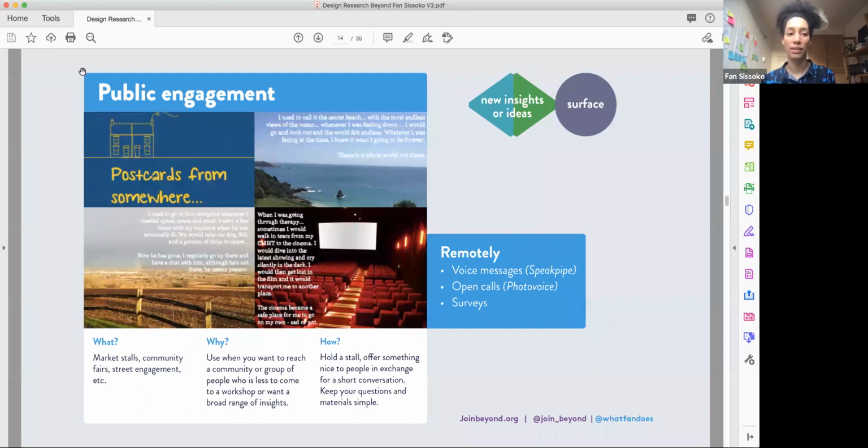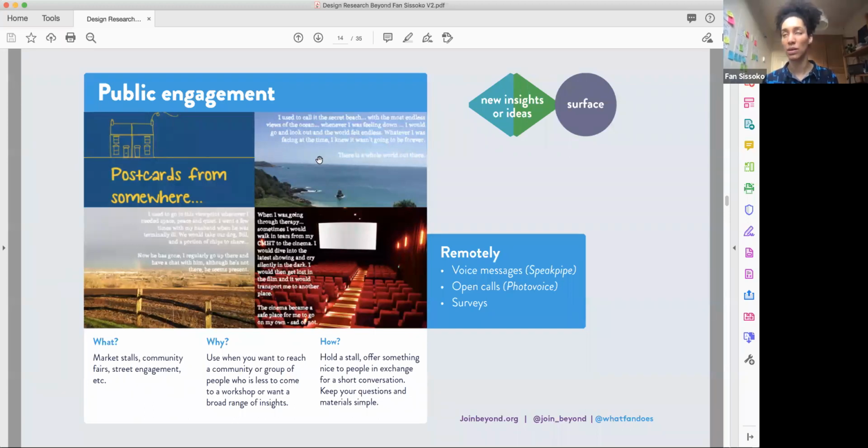But the idea with public engagement is that you're calling on people to share quite a lot of diverse views on a very specific question. So the example I want to show you here is from Mind, the mental health charity. They did that a few years ago, a project called Postcards from Somewhere. They built a really simple website where people could pick an image and just write one message,